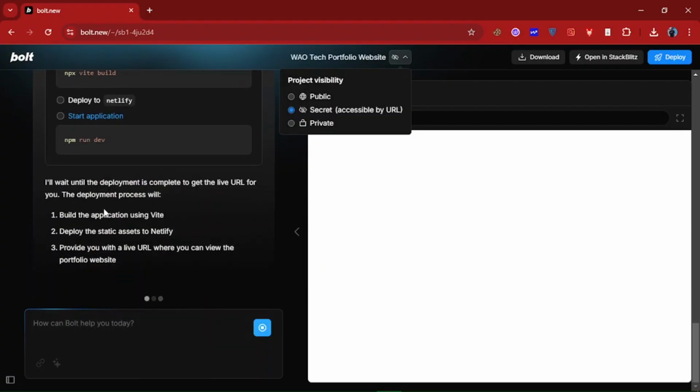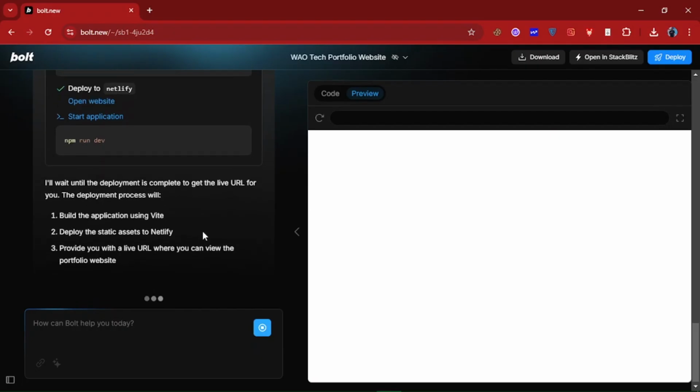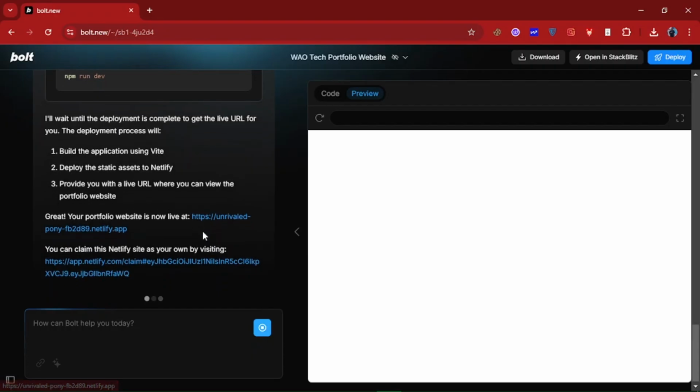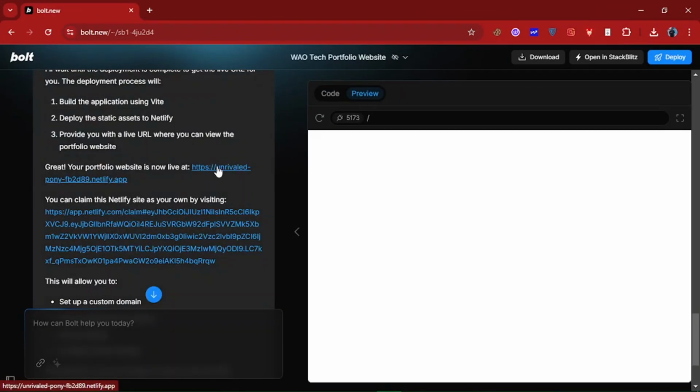It's going to do whatever it can to make it visible, and it's going to provide you with a URL that you can show. If you're building it for someone, you can show the person, or if you're building it for yourself, then you can have a URL for it. And if it's something that you like, you can always get a domain for yourself and deploy what you've done using it. So now our portfolio website is live at this URL,